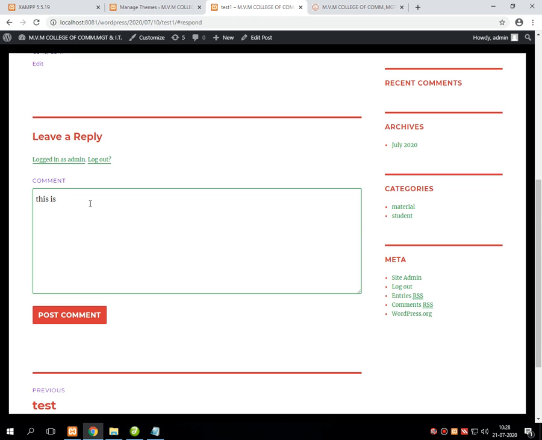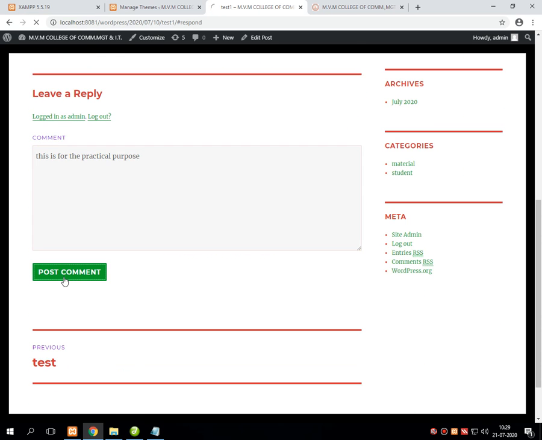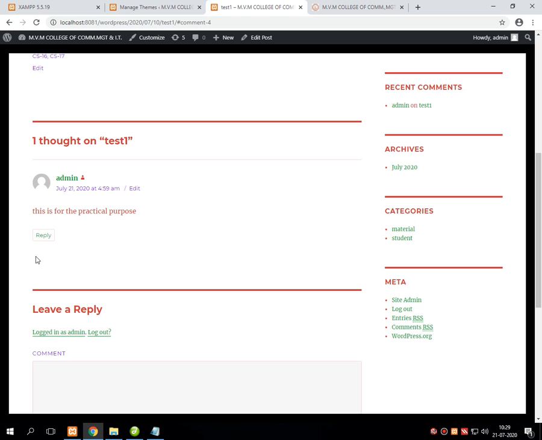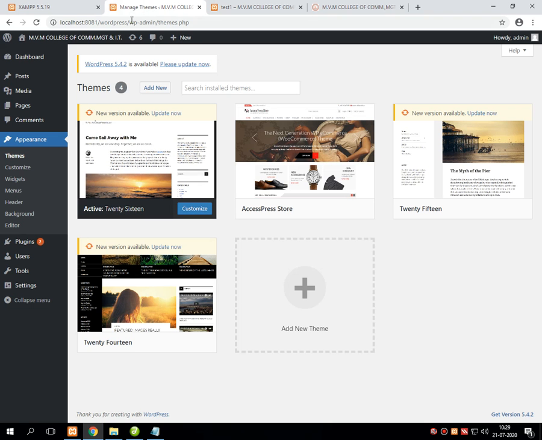This is for the practical purpose. And whenever you click on post comment for test 1, that comment will be recorded from this client and it will be displayed on the server side.